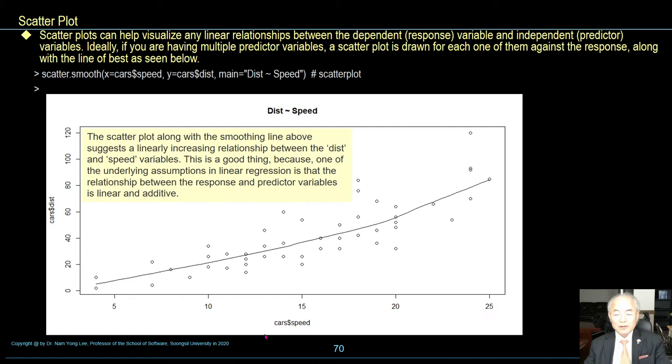This is a good thing because one of the underlying assumptions in linear regression is that the relationship between response dependent variable and predictor independent variable is linear and additive.